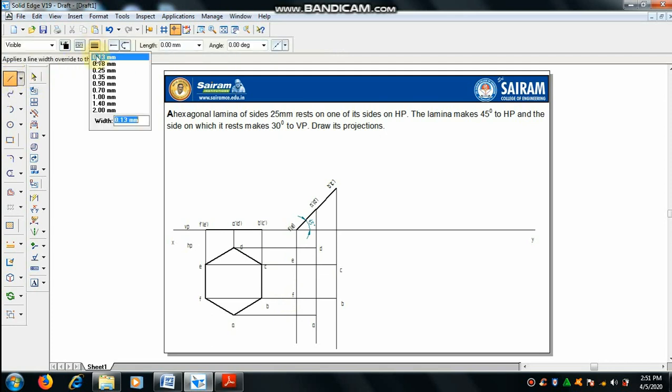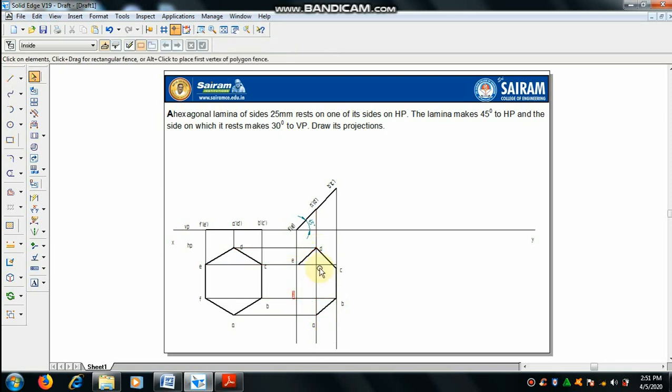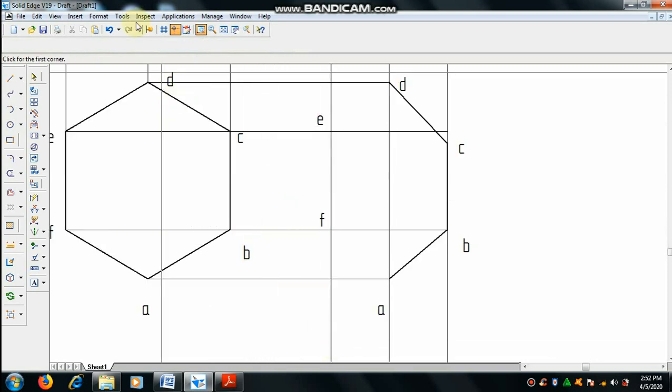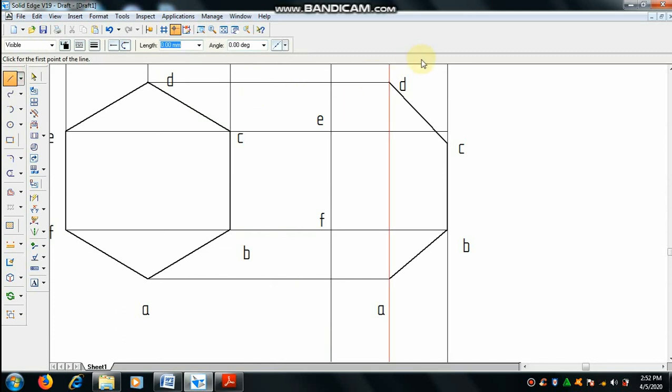Now by using a line of 0.5 mm thickness, we can join the points A to B, B to C, C to D, D to E, E to F. Select the corner, or if possible, you can zoom it out. D to E, there is a problem over here.